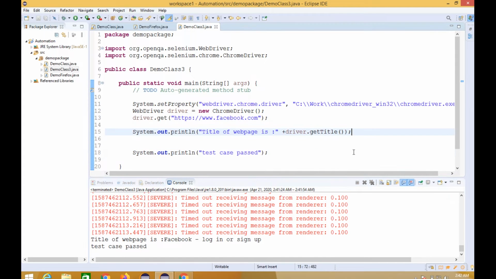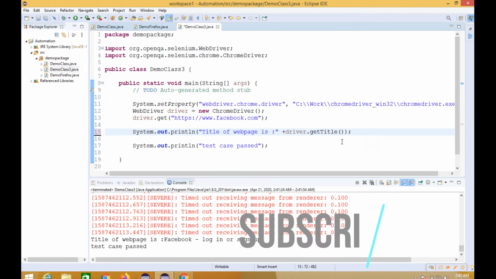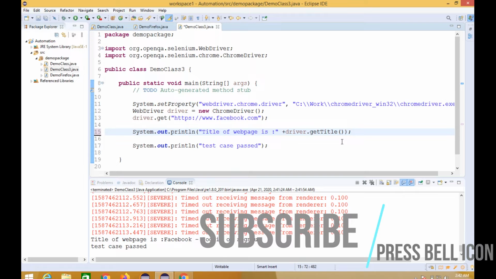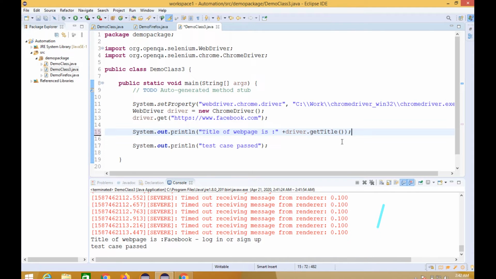So this is the one function by which we can fetch the title of the web page, to get to know whether we are on the right page or not. But in some cases, let us assume that the website we are visiting is hacked and it is redirecting us to some other website. Maybe the other website's title is also the same, so we may think that we are on the right website, but we are not. We are redirected to some other website.